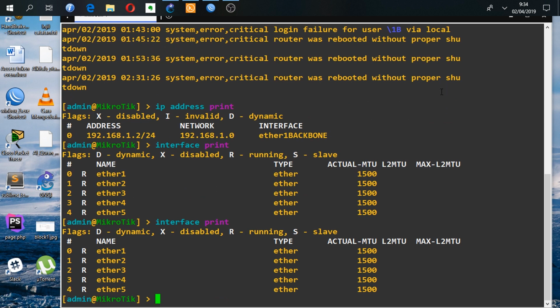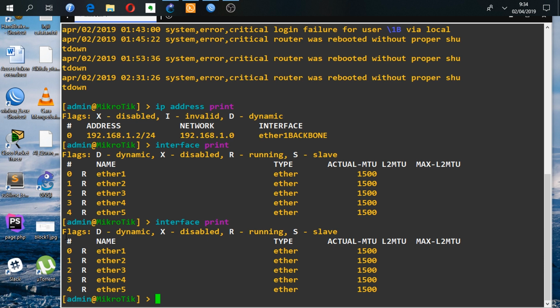Okay, in the leftmost column, this is my pointer I show you, used to identify the index number. This number is used to select which interface we want to configure. For example, if you want to configure interface Ether1, you must choose index number 0, like that.